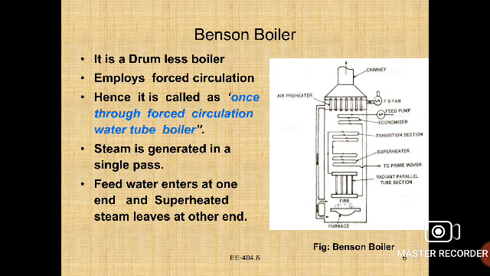The feed water at high pressure is circulated through the economizer. The water is then pumped through the radiant parallel tube section to evaporate partly. The water and steam then move to the transit section where it is converted into steam. The steam is then passed through the superheater where it is superheated. Finally, the superheated steam is supplied to the prime mover.